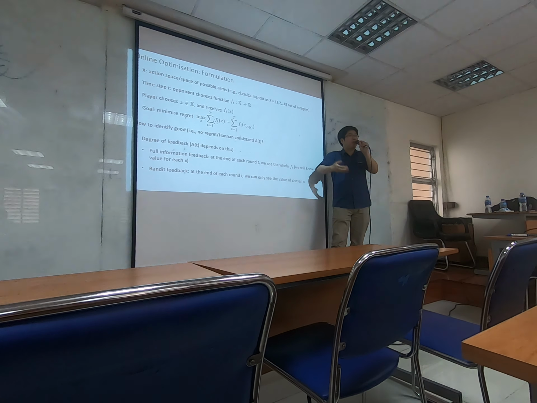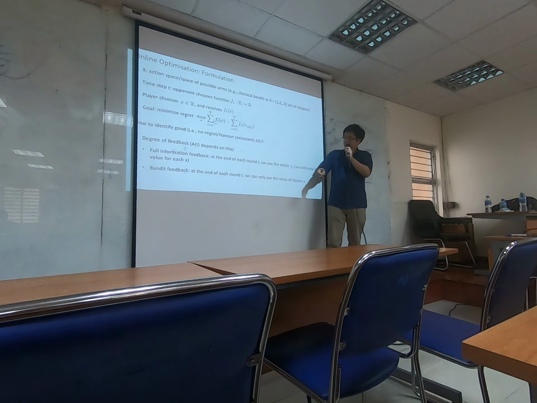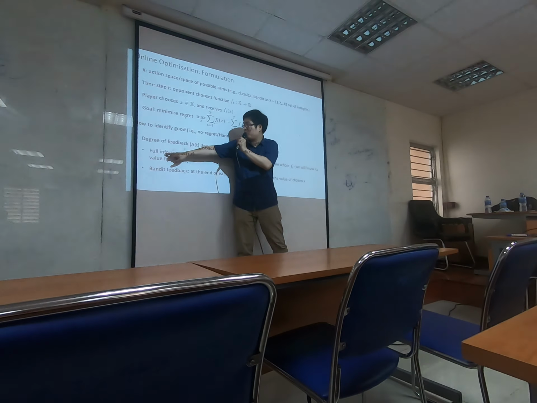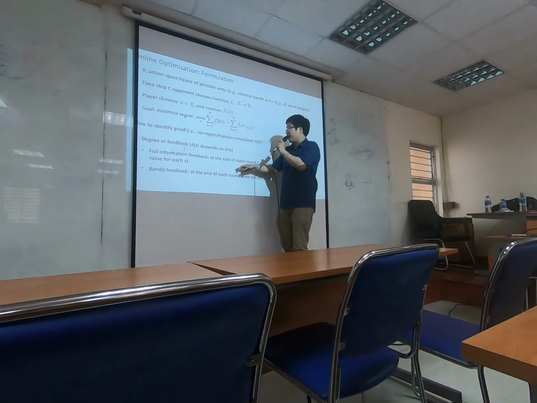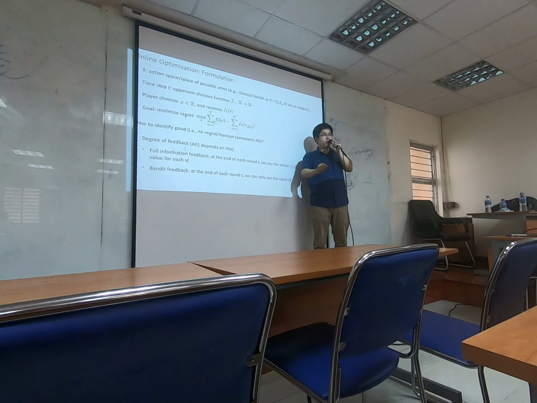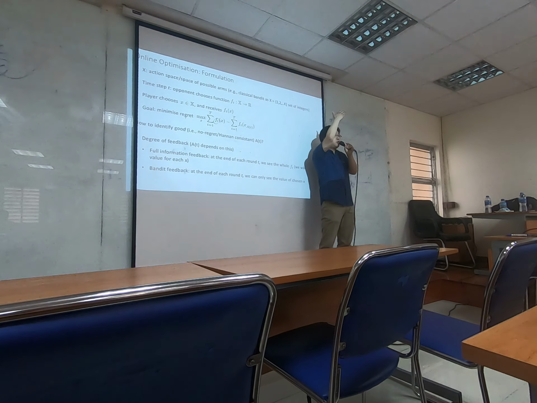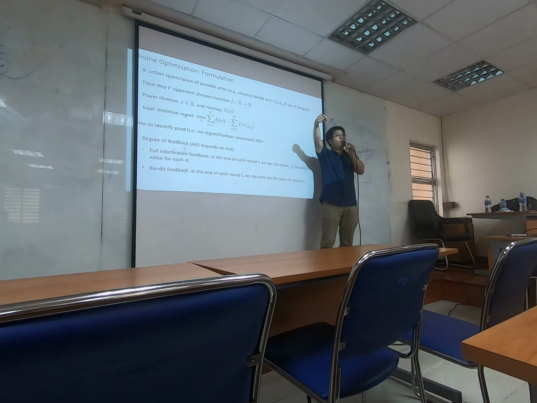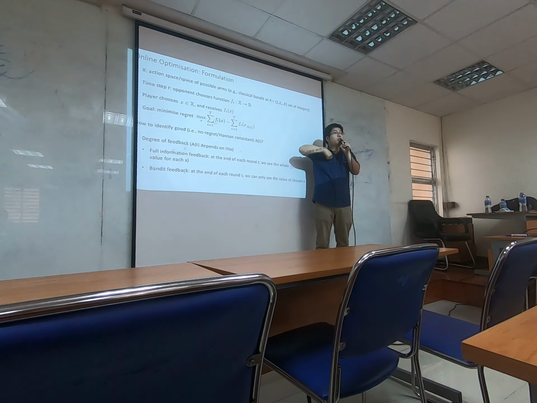So the feedback now can be much richer. So now we have the case of full information feedback, which means that at the end of the round, the opponent chooses a function, I choose a point. Instead of just seeing the value of the function at that point, now I can see the whole function. Right? But I only get the value at that point. So the reward for me